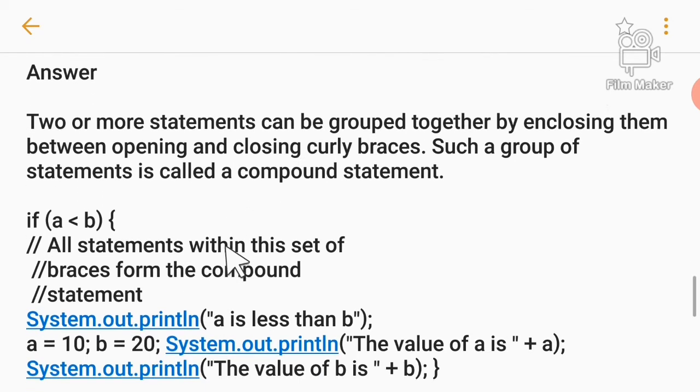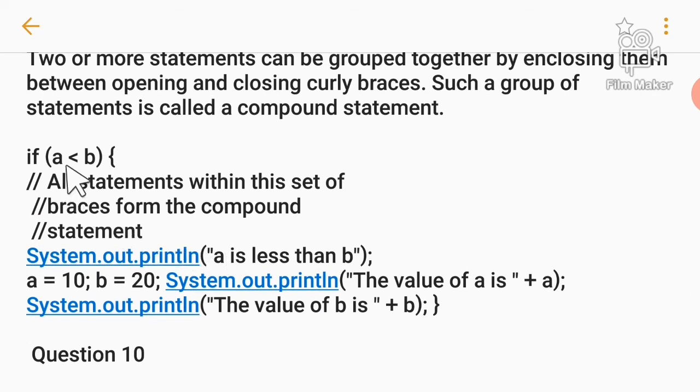So you can see here, a less than b. If a is less than b, then I have written the comments here. All statements within this set of braces form the compound statement. All the statements here are written in the curly braces. So here, if a is less than b, then int a equal to 10, b equal to 20, and then there is a print statement. The value of a is what will be printed here? That will print the value of